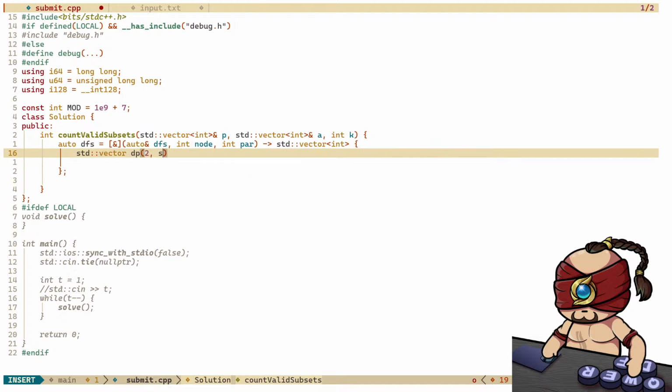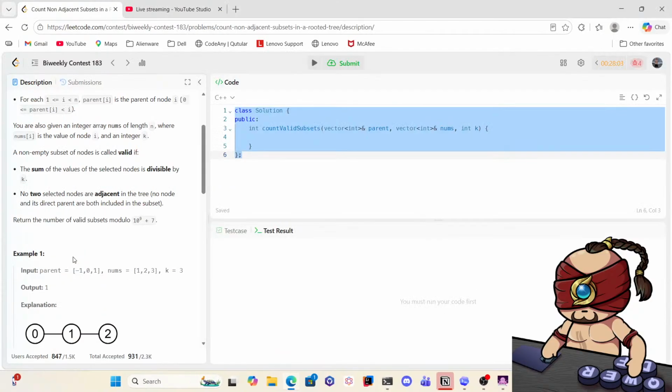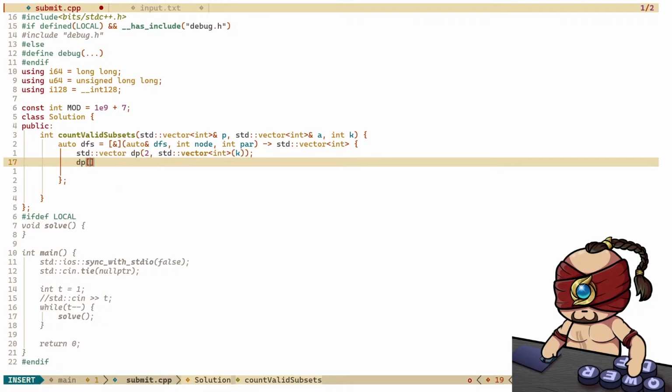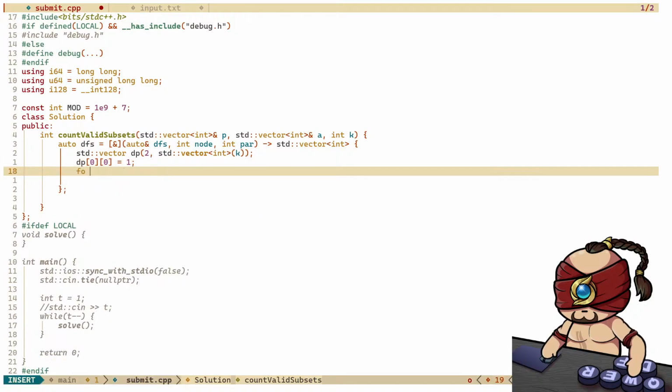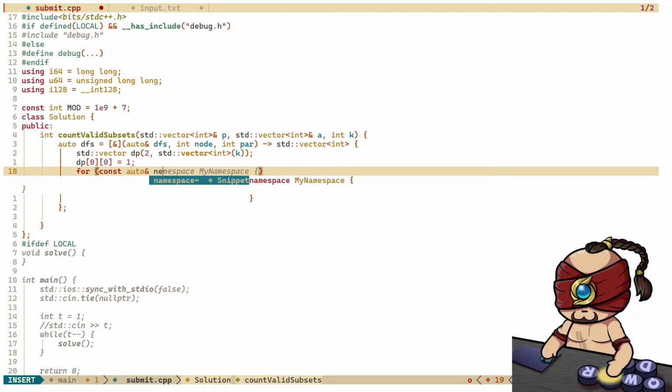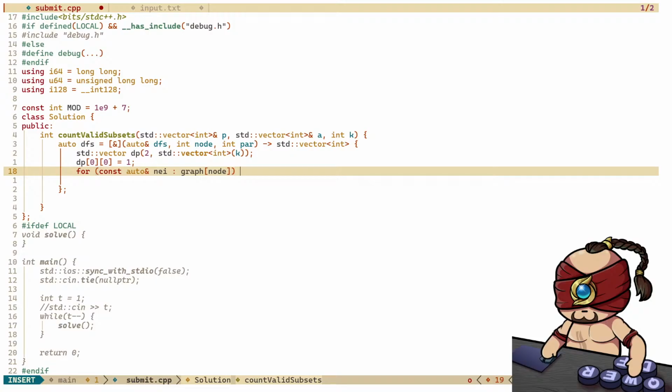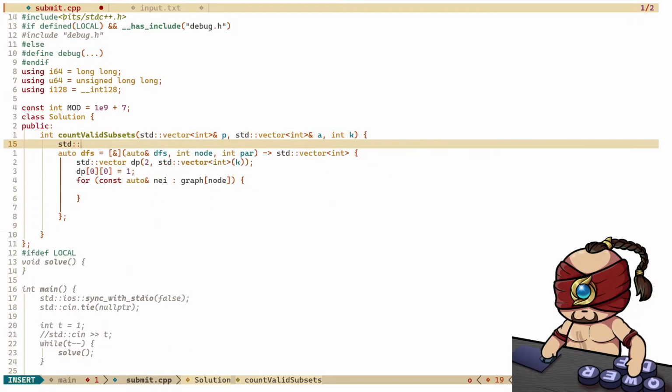DP with 2 dimensions and K dimensions. We will have DP of you don't take it and it's divisible by K is equal to 1. Constant auto neighbor, right? Oh shit, we need